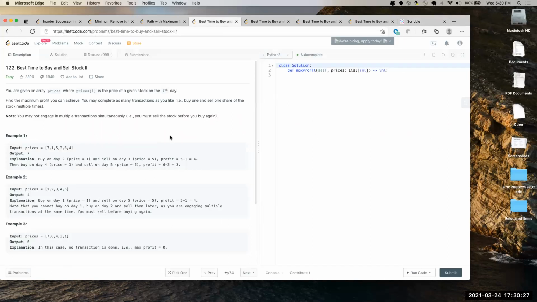Let's see the first example, right? So if I'm buying at 1 and selling at 5, and then again I buy at the minimum. So I'm buying at all the dips and then selling at all the next peaks. What does this mean? That is, buy 1 and sell 1 share of the stock multiple times. Like you can buy at 1, sell at 1. Is that what it's saying, right?